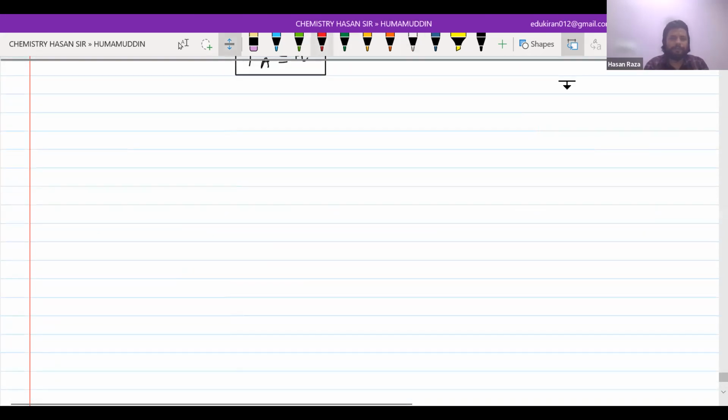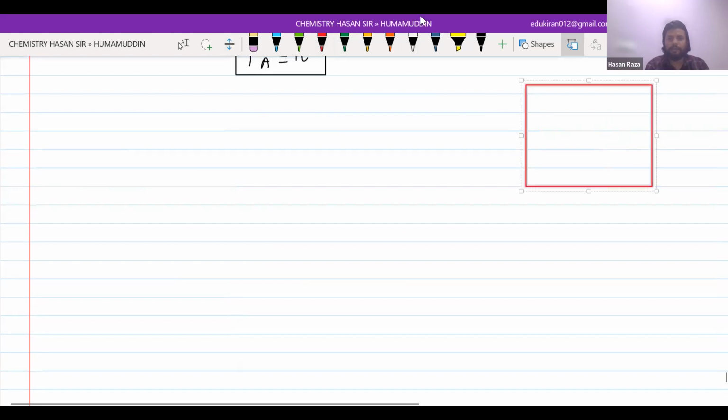As you know, there was a container in which A and B are present. And as I derived a formula, PA is equal to P naught A zeta A, and PB is equal to P naught B zeta B. Now,